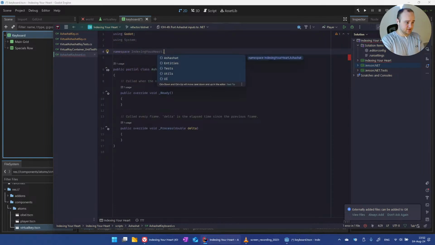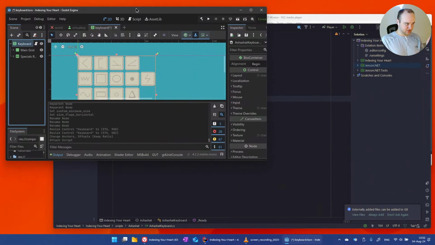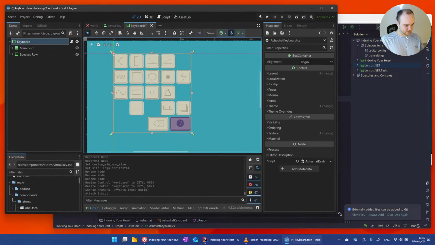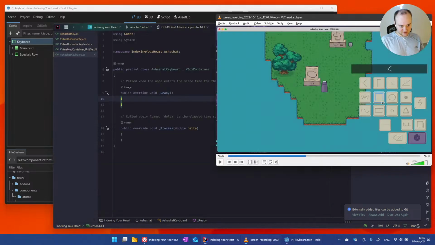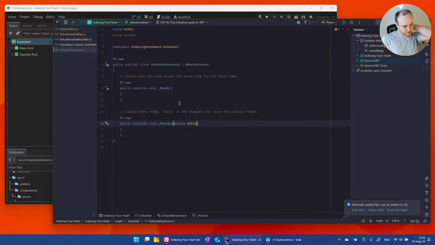Namespace, indexing your heart.u. Thankfully, I managed to figure out how to get Rider and Visual Studio to stop using scripts in the namespace. Never like it when it does that. It's like, well, it's lowercase and everything else is uppercase. Why do you do this? Okay. So,